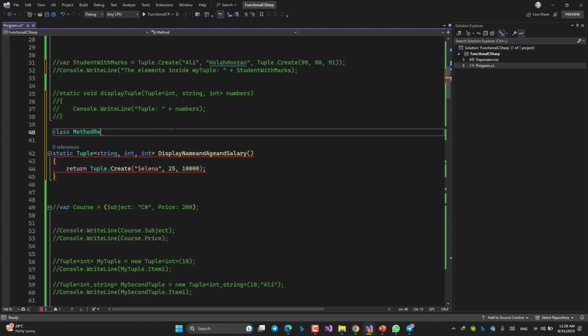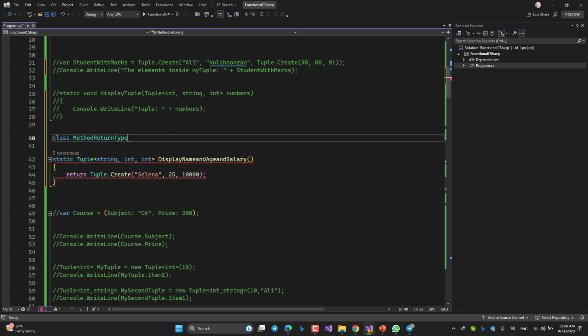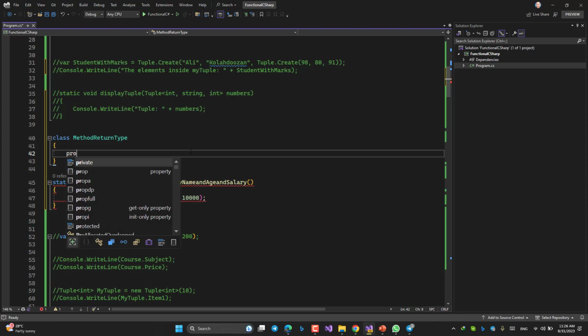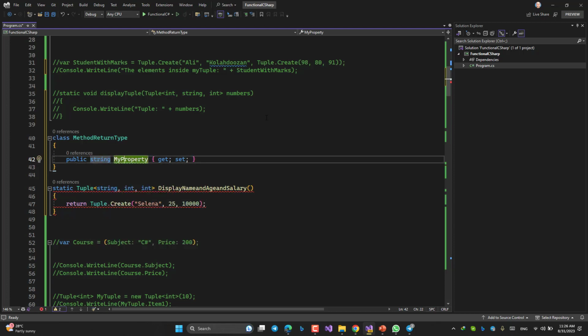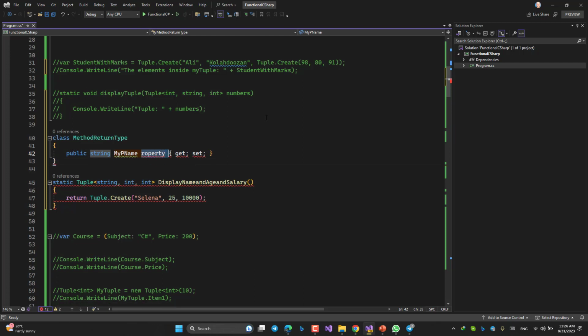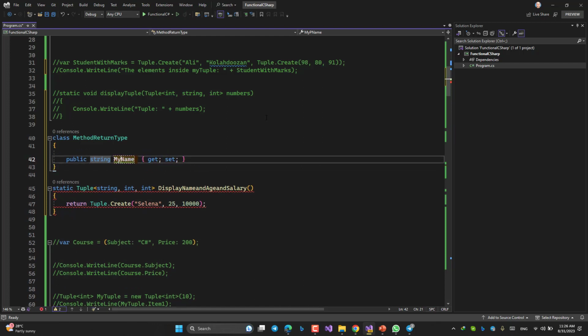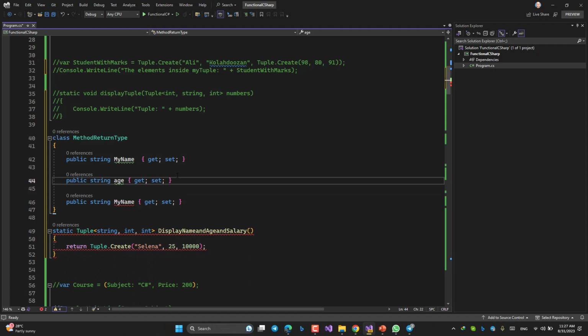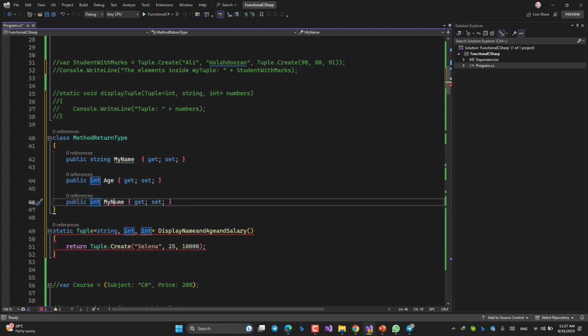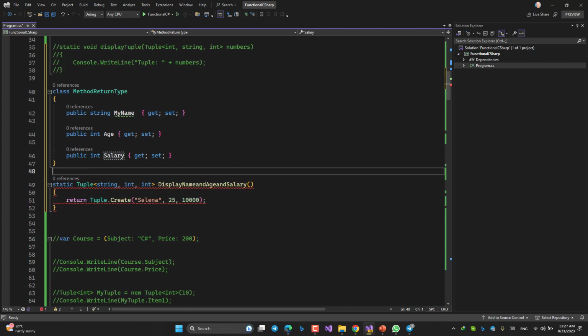The method returns something like this type, and then you can say I am going to have a string, for example name, and then age, for example, an integer, and salary, something like this. Yes, you can do that, but